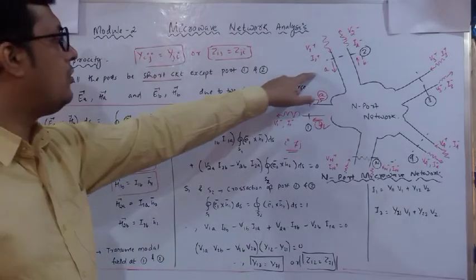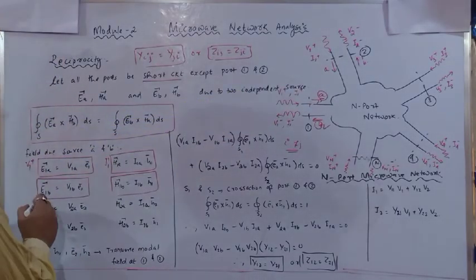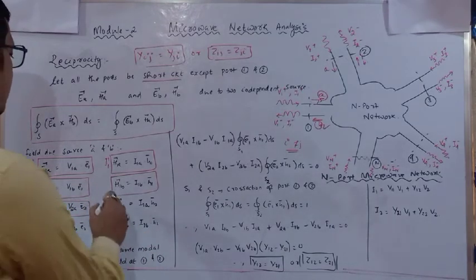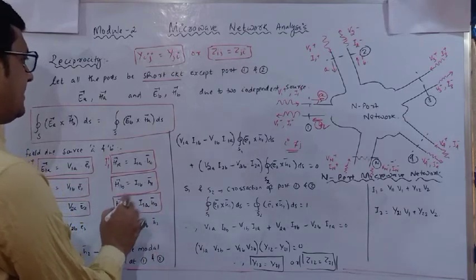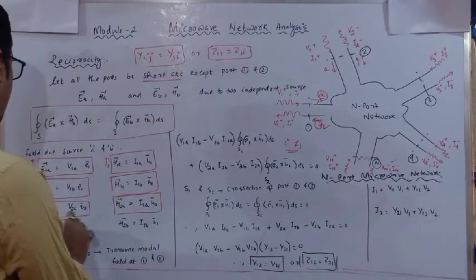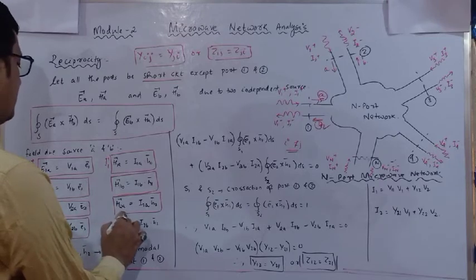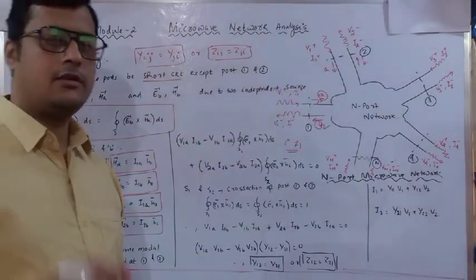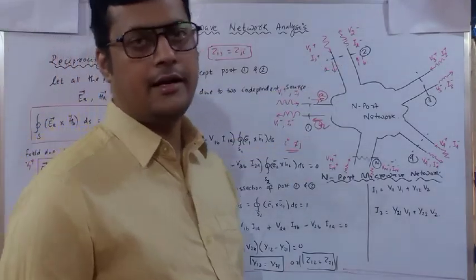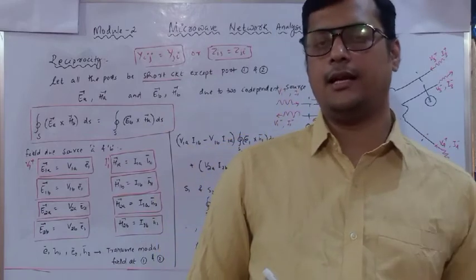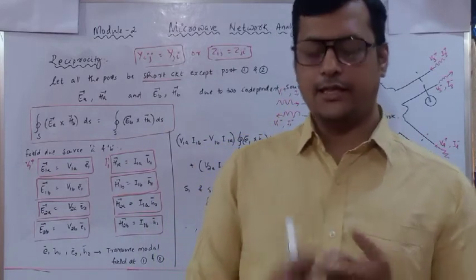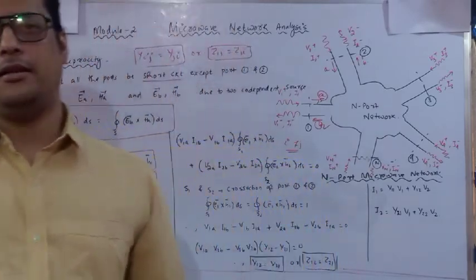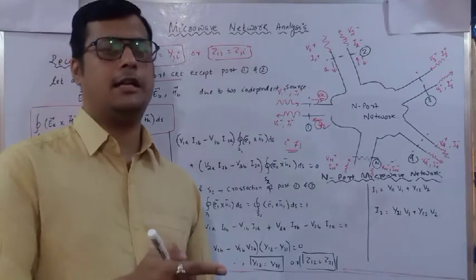Similarly, for the port 2 also we can write E2A is equal to V2A into e2. Similarly, H2A with respect to the incident current, and E2B is with respect to reflected, and H2B is called our reflected current at the port 2. So there are 4 basic parameters we have identified. One with respect to incident, one with respect to the reflected. Incident potential is related with incident electric field. Reflected potential is indicated with reflected electric field.